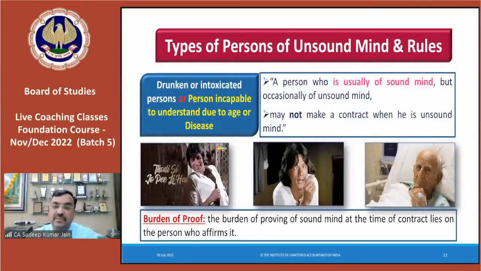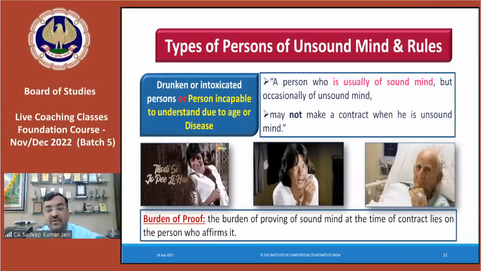पर्सन क्या है, नॉर्मली साउंड माइंड है, मैक्सिमम टाइम साउंड माइंड रहता है, लेकिन कभी कभी कुछ लगा लिया तो वो अनसाउंड हो गया, दिमाग काम नहीं कर रहा है। तो लॉ तो ये प्रिज्यूम करेगा कि भैया कॉन्ट्रैक्ट तो उस वक्त हुआ जिस समय ये साउंड माइंड था, मैक्सिमम टाइम तो भी साउंड था। अब वो कहता है कि भाई साहब नहीं, मैं उस समय सही नहीं था, दिमाग तबीयत सही नहीं थी, बीमार था, या मैं होश में नहीं था, तो अब उसे प्रूव करना पड़ेगा कि कॉन्ट्रैक्ट क्या है, वॉइड है। अदरवाइज कोर्ट क्या मानेगा, इसे वैलिड मानेगा।